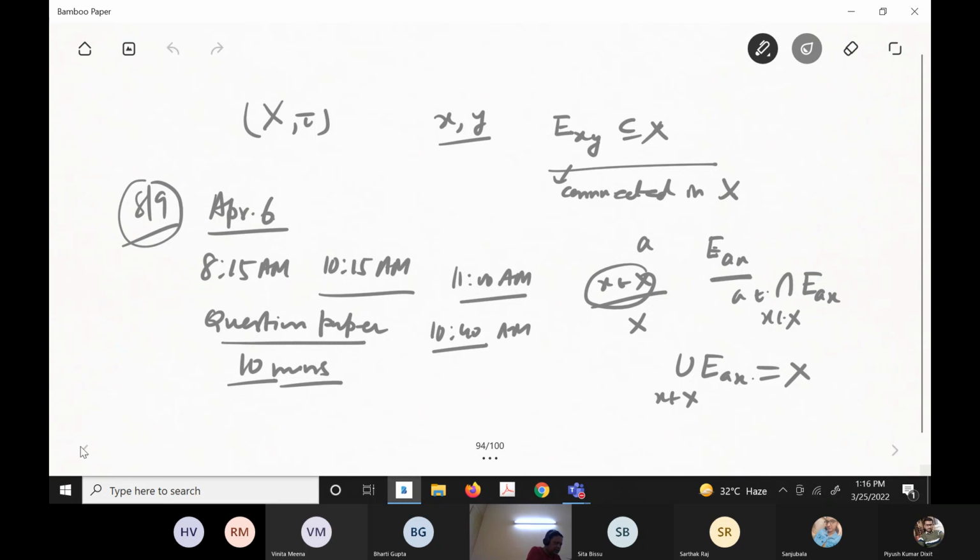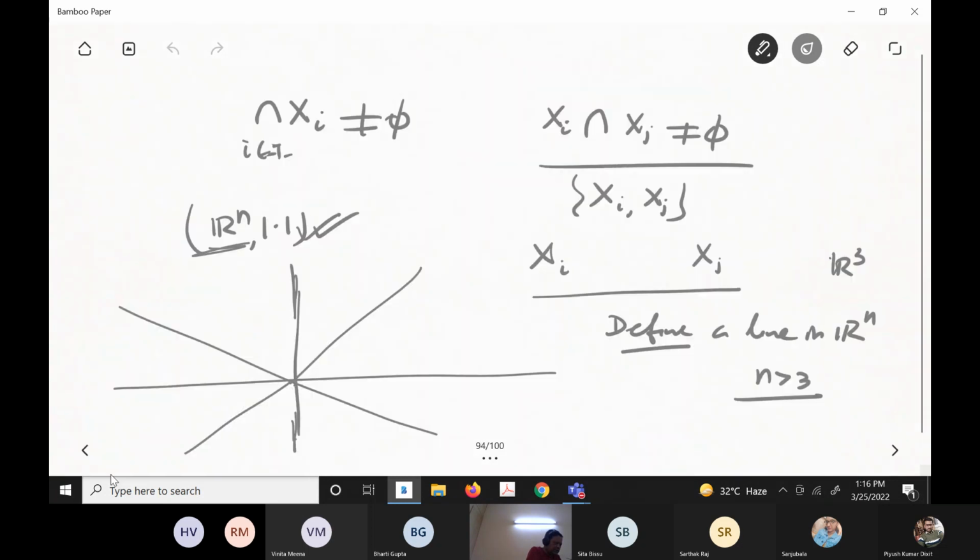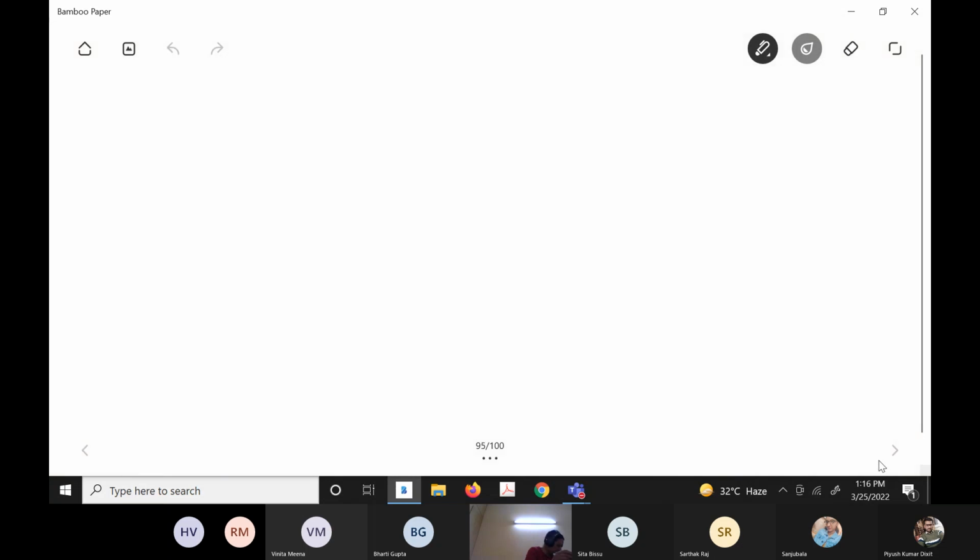Anyway, the previous thing: how to show that this is connected. Look, each such line is the homeomorphic image of this. That you should argue. Each line is the homeomorphic image of this real line. So that is why it is connected. Okay, particularly a continuous image of this.